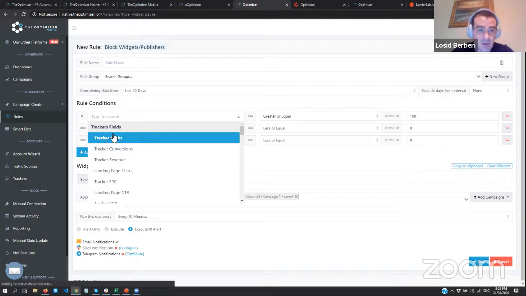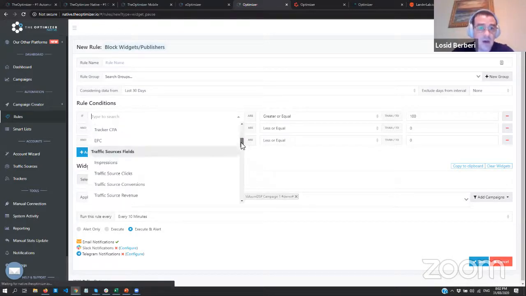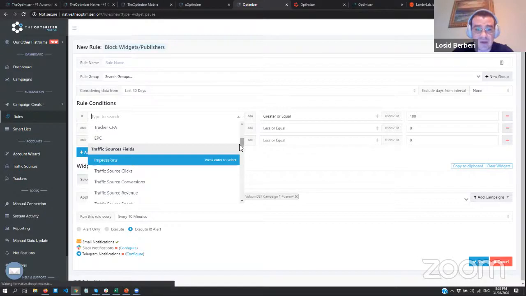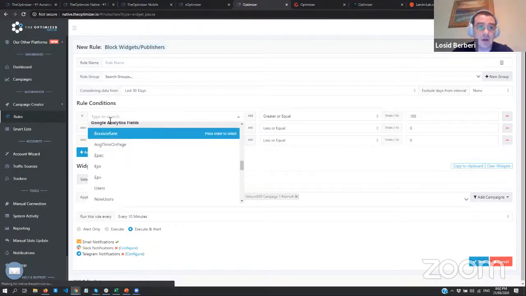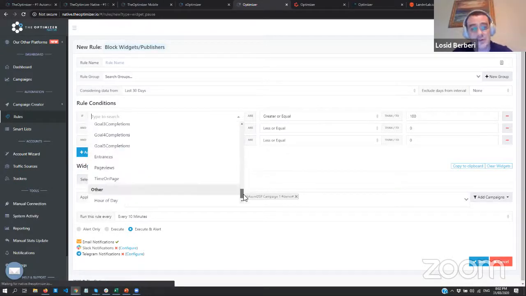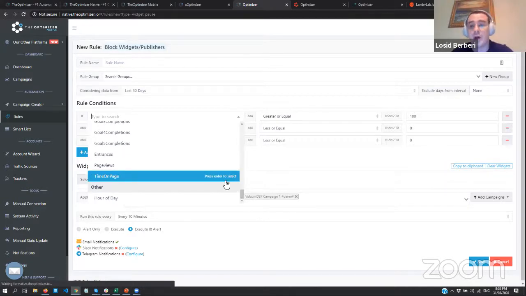And if you notice here, we have tracker fields. In the conditions, we have traffic source fields, and we can have Google Analytics fields as well. And if you're using custom conversions with a Voluum tracker, then you can easily deploy specific conversion events into your rules. Like you may be running lead generation with some additional events after the lead is generated